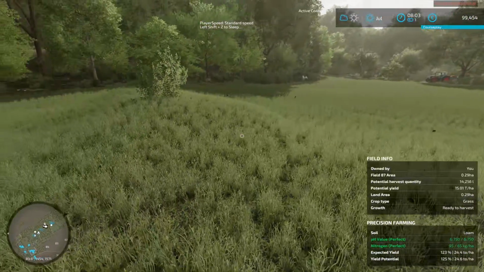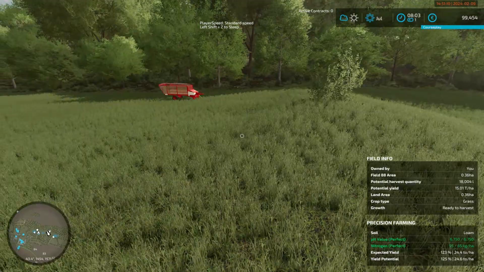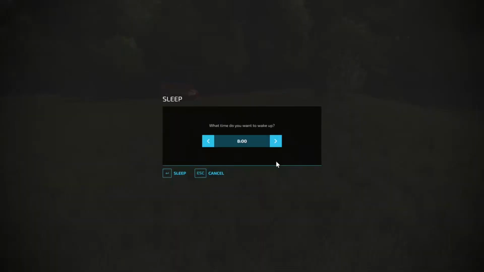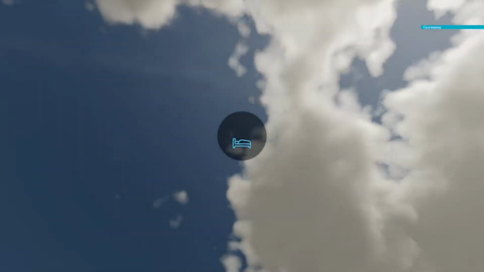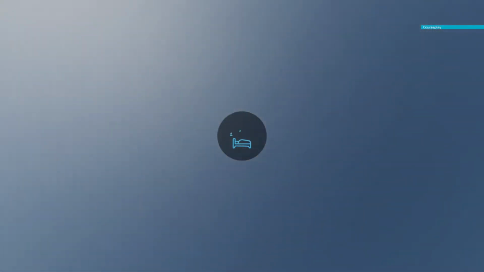So let's go through till August morning. There's nothing given, is there? No, I don't think there is. 8 o'clock, and we're then going to have to lease a harvester or buy one. That's the point. I think I removed the Bison pack